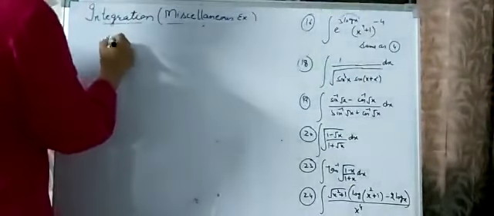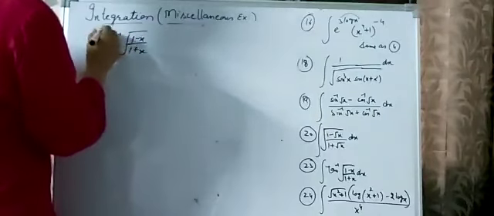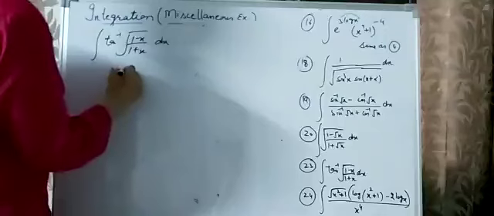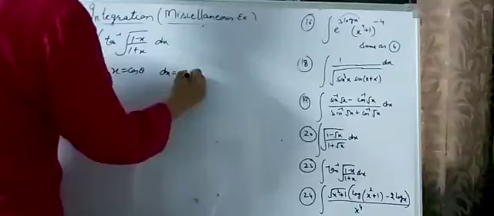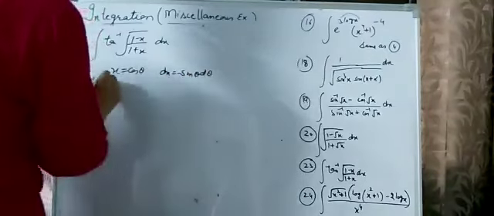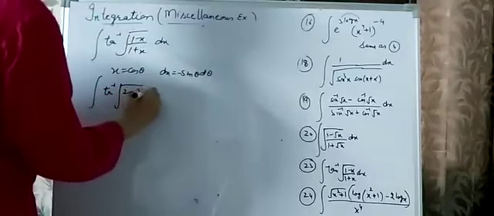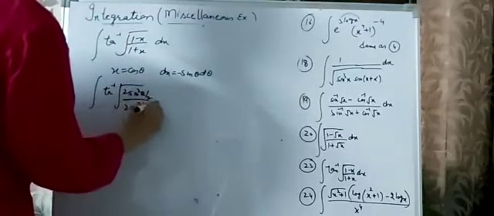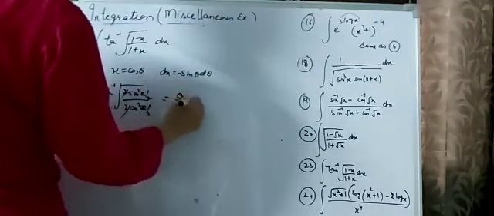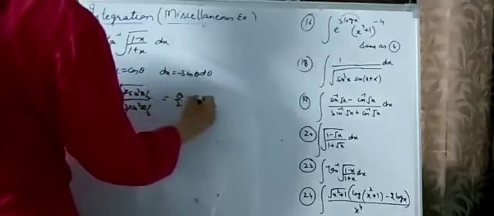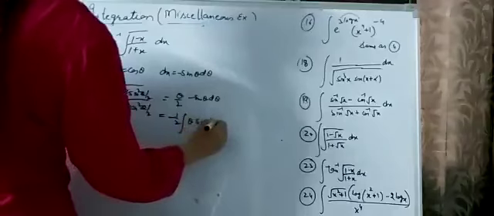Now look at this 23rd question. Again, you can solve this by the simplest form. In this we put x is equal to cos theta. So what is dx? That is minus sine theta d theta. Why? Because this changes into 1 minus cos theta over 1 plus cos theta, which is 2 sine square theta by 2 over 2 cos square theta by 2. This is cancelled out, tan theta by 2 is removed, so you will get theta by 2. And dx is minus sine theta d theta, so you will get minus 1 by 2 theta sine theta d theta.